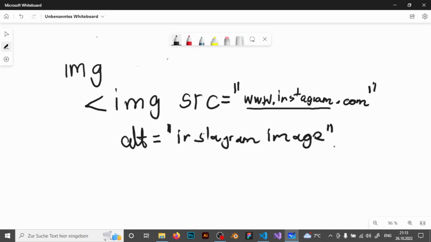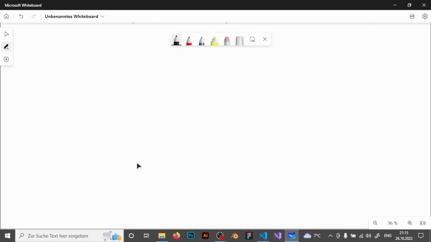And like I said in the last episode, with most elements, you always need to close it. And this is how you close the image tag, right? So that's that for the image tag, right? The second element we're going to be talking about is the link